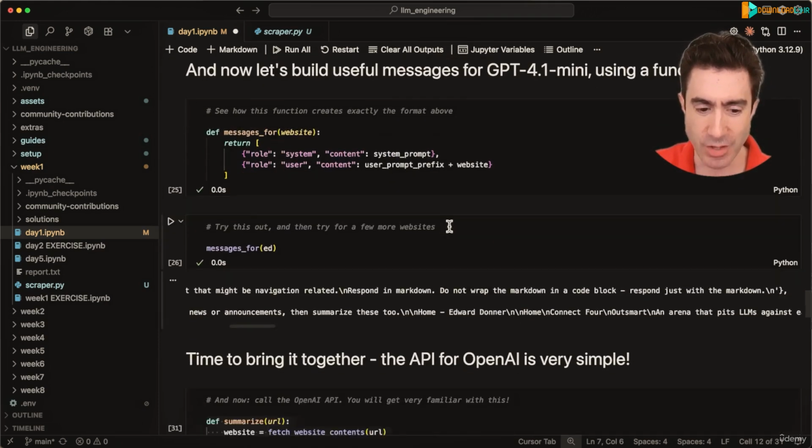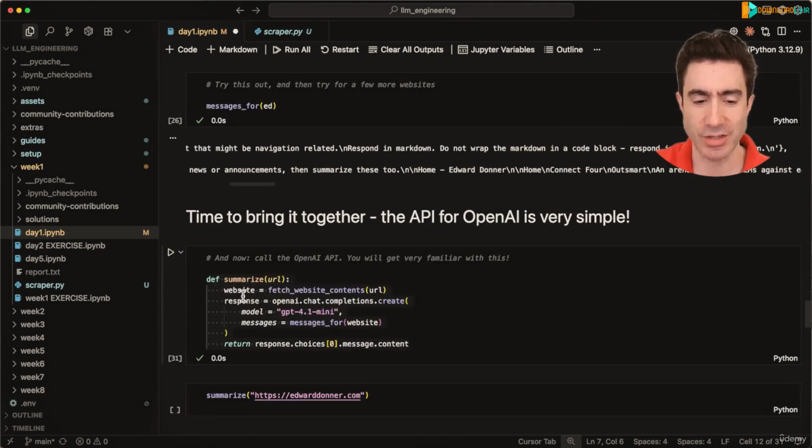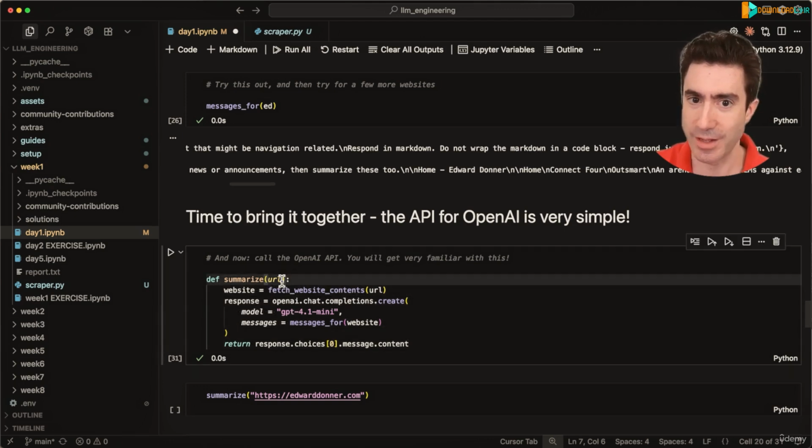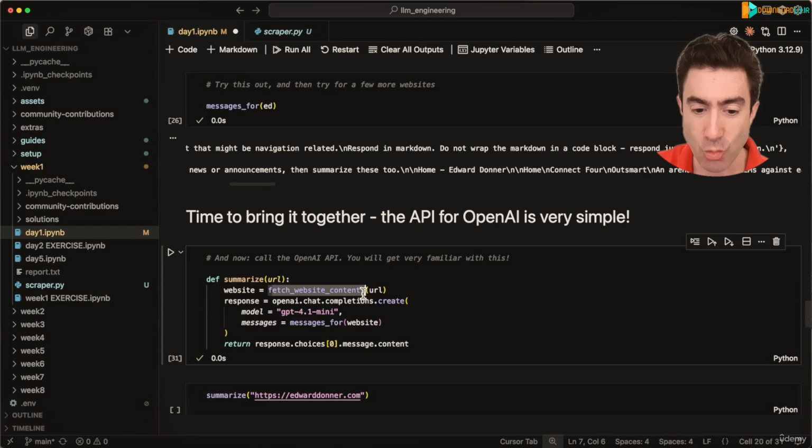Okay, so this summarize is the function that brings it all together. It takes a URL like edwarddonner.com. It starts by calling fetch_website_contents. That, you'll remember, is my utility that goes off and pulls a website's contents. We put that in a variable website. We then call